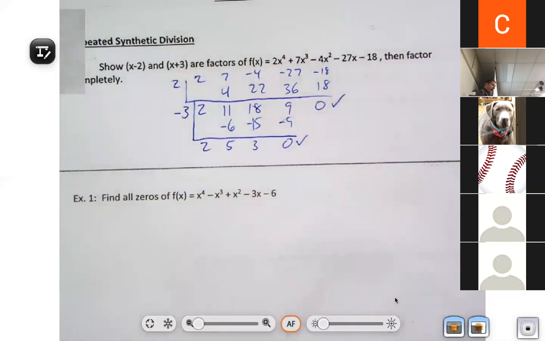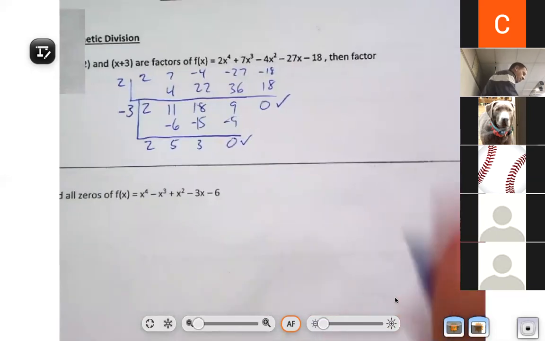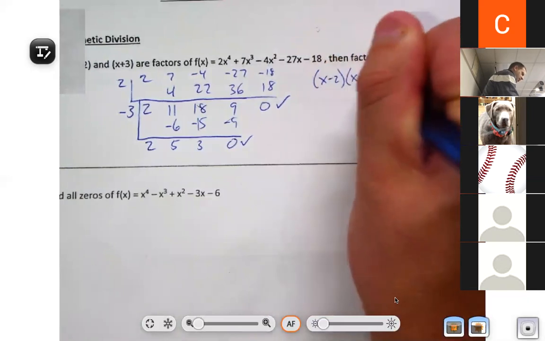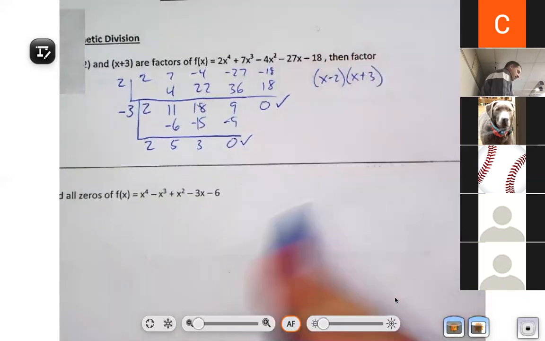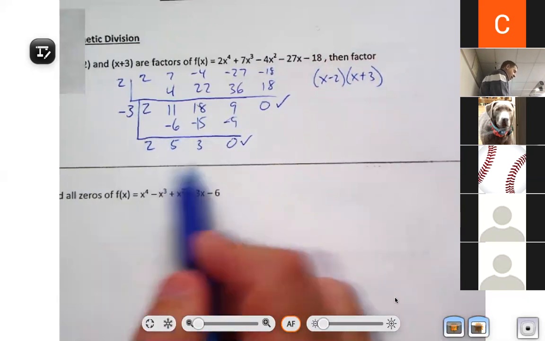So I finished the first part of this problem. I just showed x minus 2 and x plus 3 are factors of the original problem. But the next thing says, now factor that thing completely. Well, here's what we know at this point in time. We know now if we multiply x minus 2, x plus 3, and the thing that we ended up with down here at the bottom, which is now a quadratic,